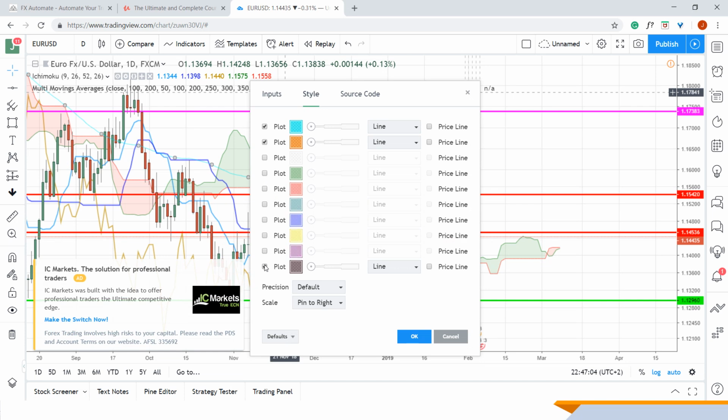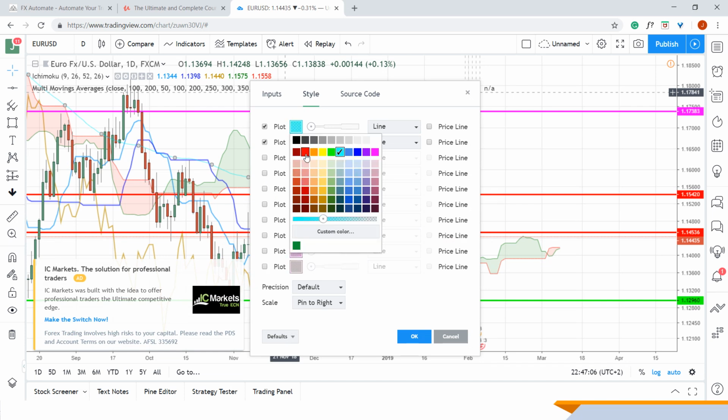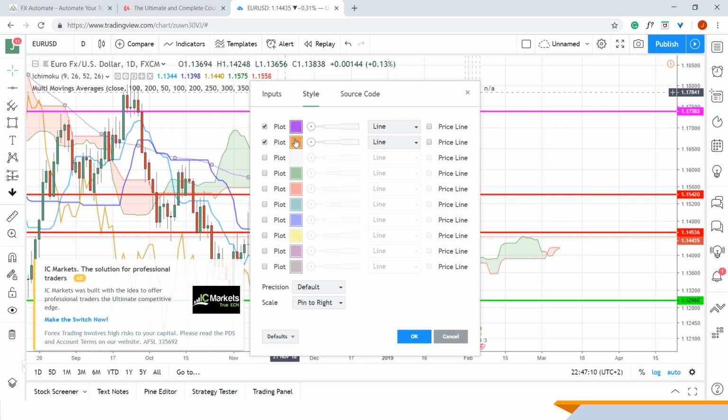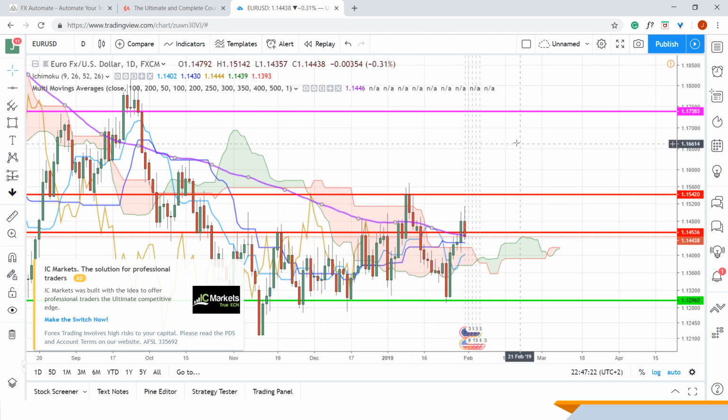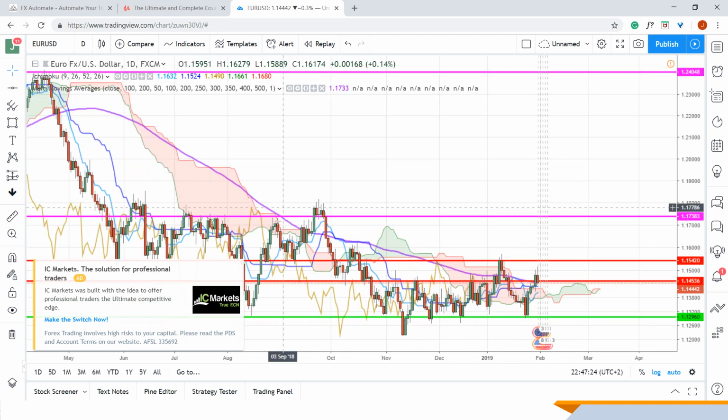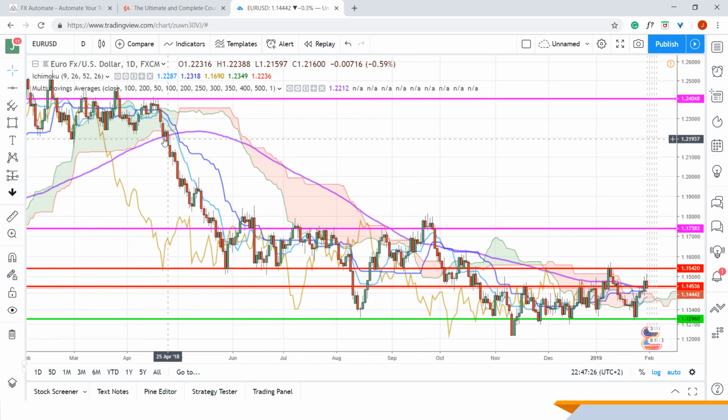Let's make the 100 purple, and we make the 200 red. Make that bigger lines. Okay. Like that. There we go. Okay, there we have it. So now what you guys will see is we have our,